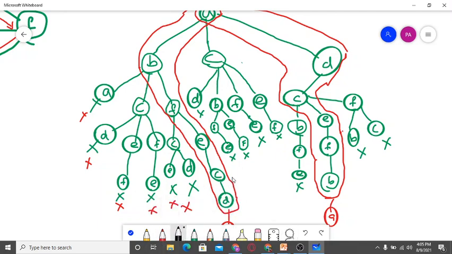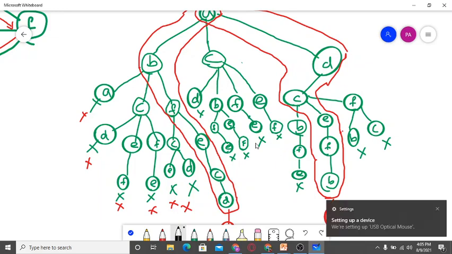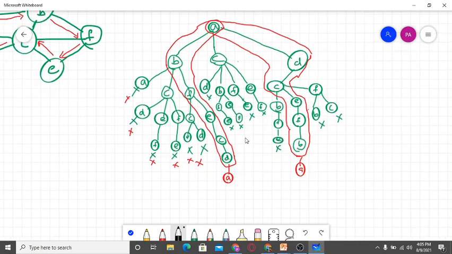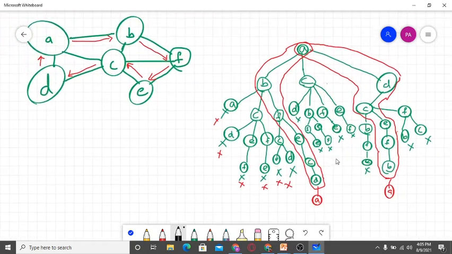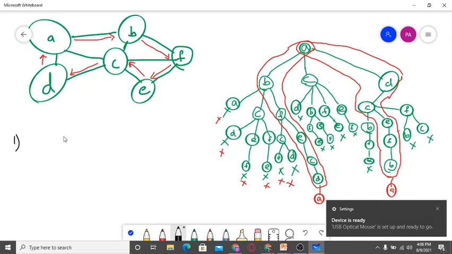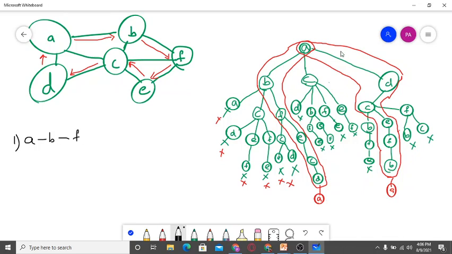Okay, so I will write the path for this. Here I will write. Okay, so what is the path now here? There are 2 possibilities here. First one is from A to B, from B to F, from